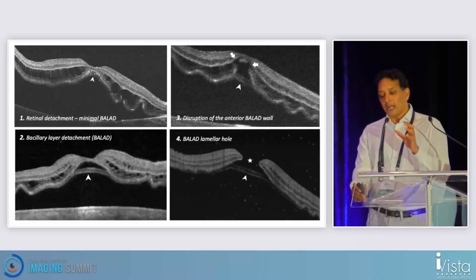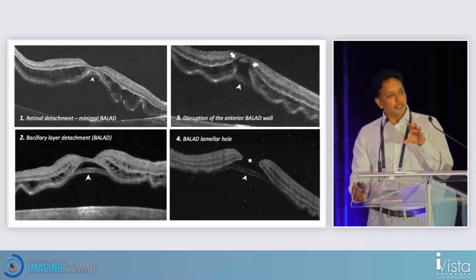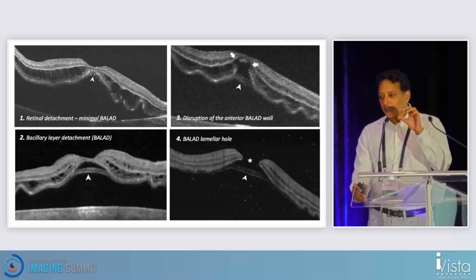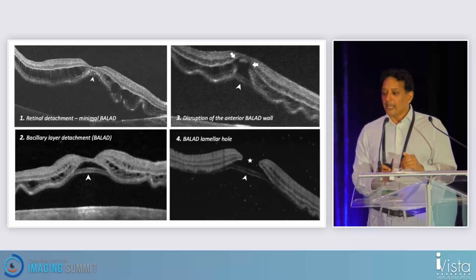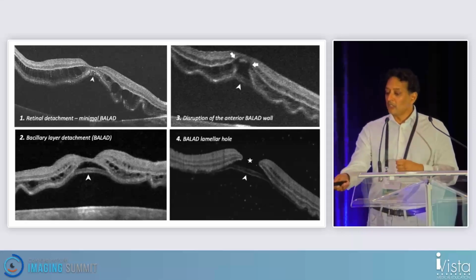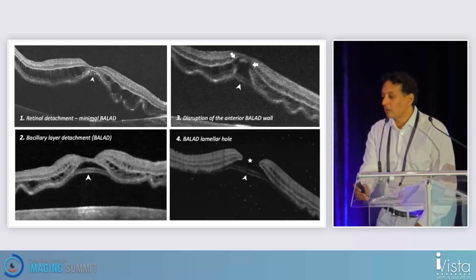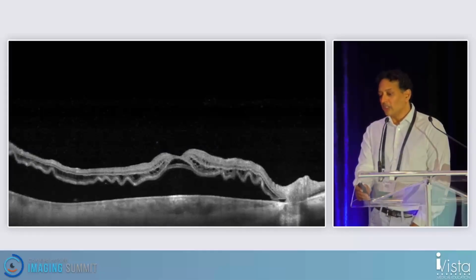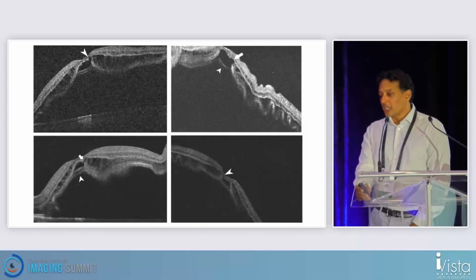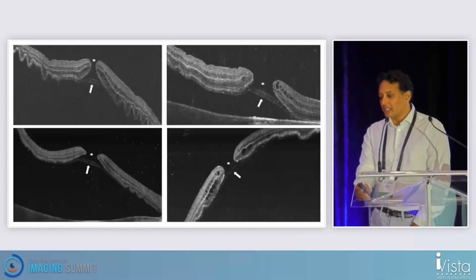And then what happens is the cystic changes that you get in the Henle fiber layer break down that anterior ballad wall because it's unstable, and you eventually lose the Mueller cell cone, and you get this ballad lamellar hole that you see there. And again, here is just showing you the evolution of those changes. Here you can see those cystic changes causing a breakdown of that anterior ballad wall, leaving you a ballad lamellar